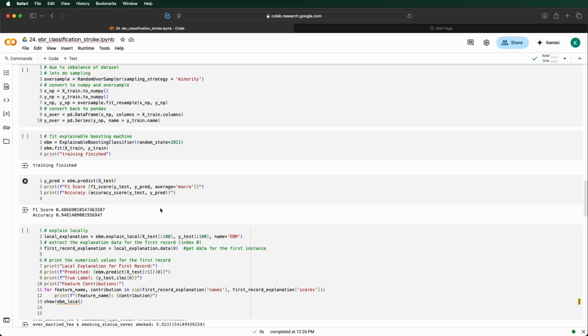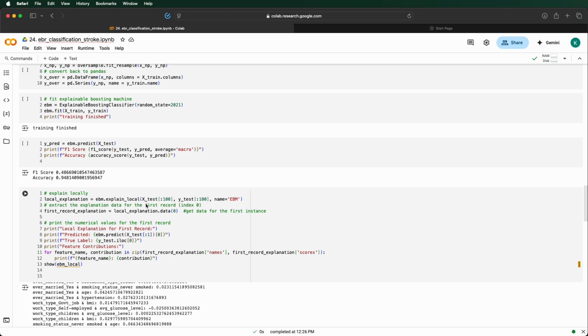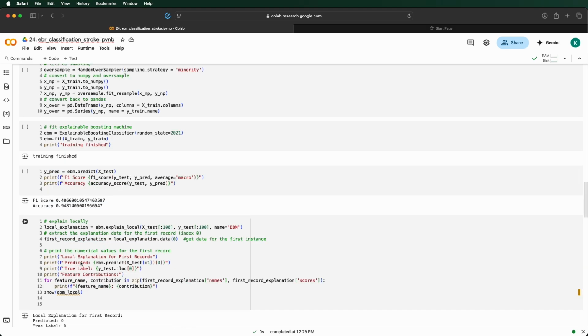I make predictions on xtest with predict, storing them in ypred, and evaluate with F1 score, macro average, and accuracy. The results: F1 score is 0.4867, a moderate balance of precision and recall, but low due to the imbalance challenge. Accuracy is 0.9481, or 94.81% correct predictions, but likely skewed toward the majority class, stroke 0, as only 50 test samples are